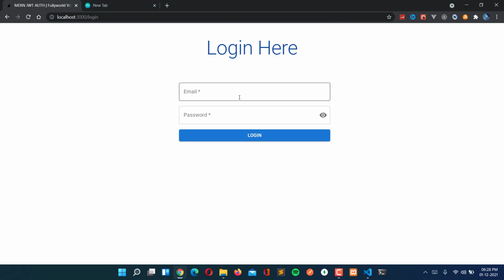In the previous video we saw how to create a login page, and we have used Material UI. See that this login page is looking very beautiful. Now in this video we are going to create the register page. The register page will be the same as the login page, with just one more thing we will add, and that will be the confirm password. So now without wasting any time, let's get into it.